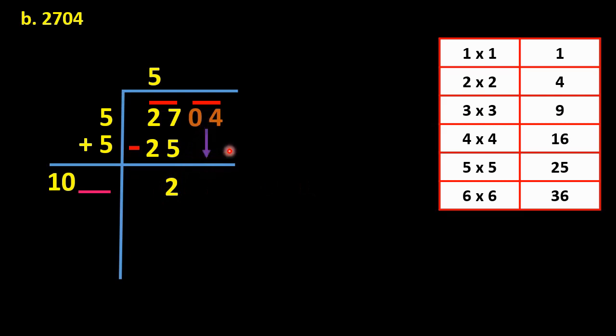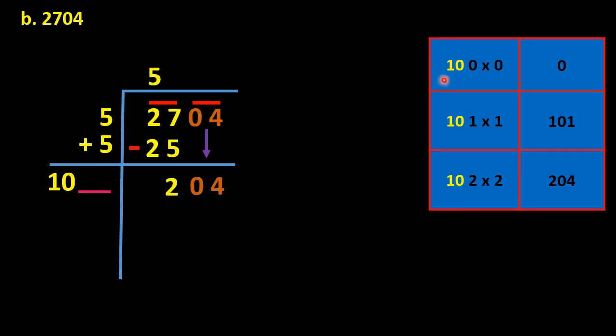The second period here is 04. So we have to bring both the numbers down. So altogether the number here is 204. Now we have to place a number here and find the largest number which is equal to or less than 204. In the rough copy we do multiplication like this: 10, and we replace this space by 0, so that it will be 100. If you replace this space by 0, then you have to multiply by 0 only. So 100 into 0 is 0.